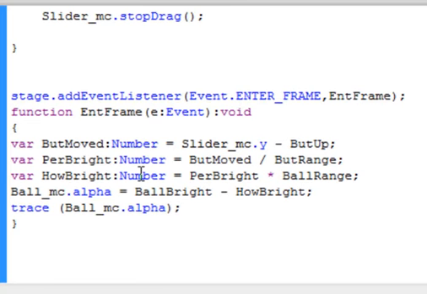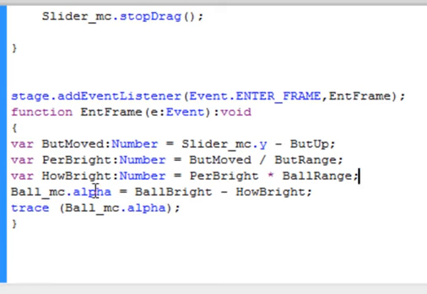Colon Number, capital N, equals percentBrightness, that's that one we just made, perBright, multiplied, that's the asterisk, the uppercase of the number 8, multiplied by ballRange, so that gives me a value. Capital B, capital R,